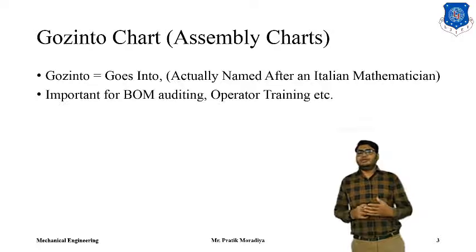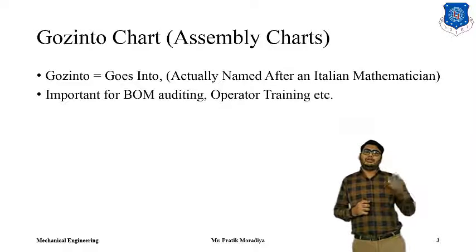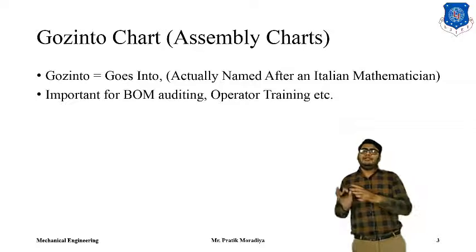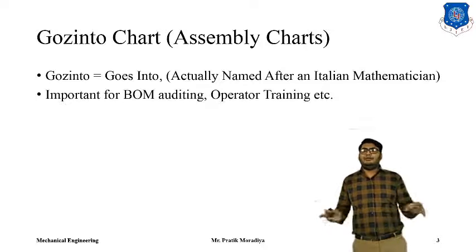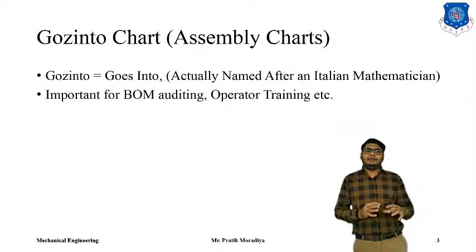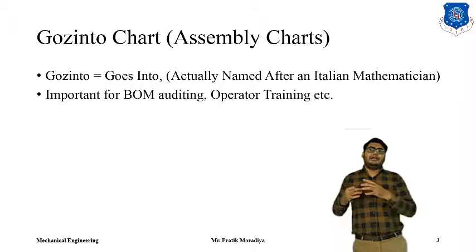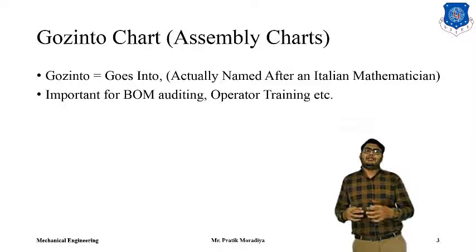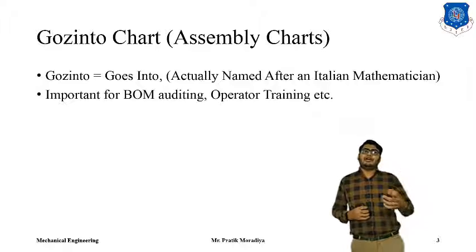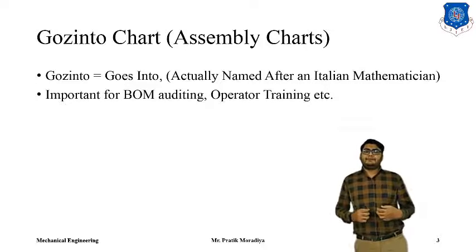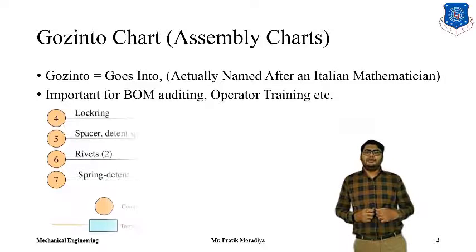So the operator will look at the Goes Into Chart and he will understand that, okay, this is the main body. I will take the main body. Then we need some screws and we need some heat sink assembly, and we will assemble them. Then I will have the A1 assembly. Then again I will follow some steps. Then I will have the A2 assembly. Then again, after repeating some steps, I will have A3, A4 assemblies. And after some steps, I will have my entire product. So this is where the Goes Into Chart can be used.